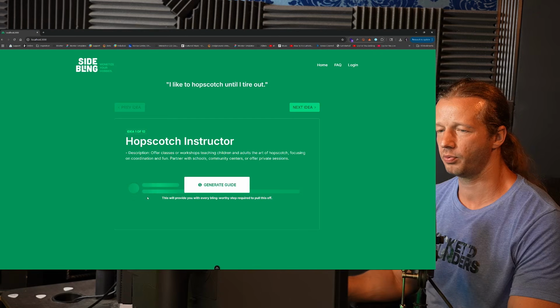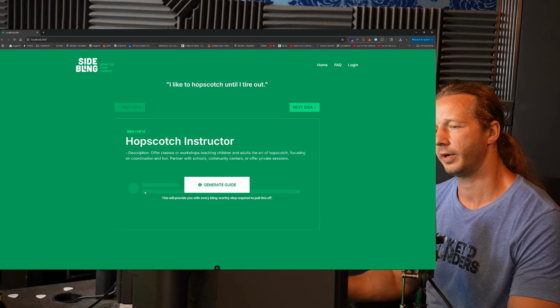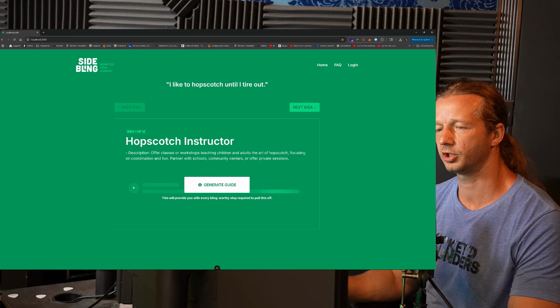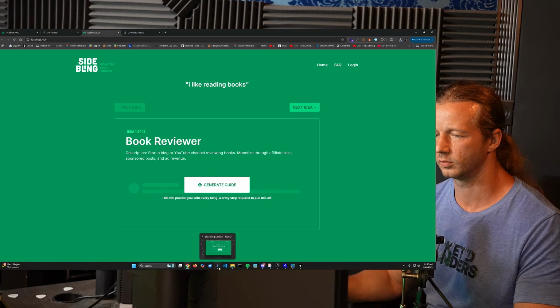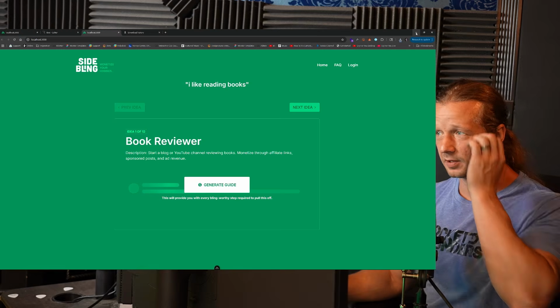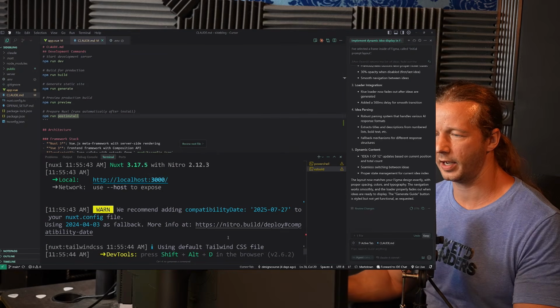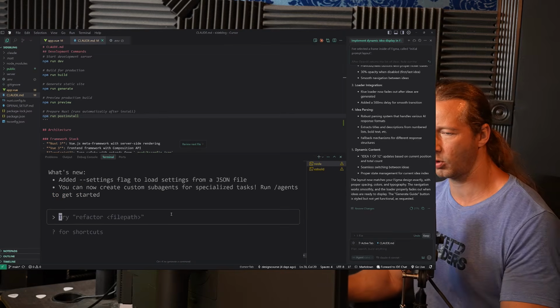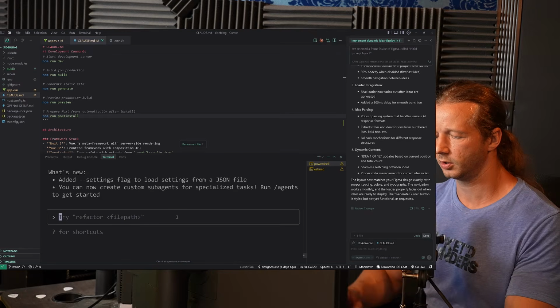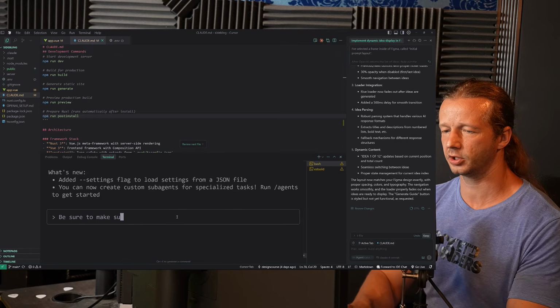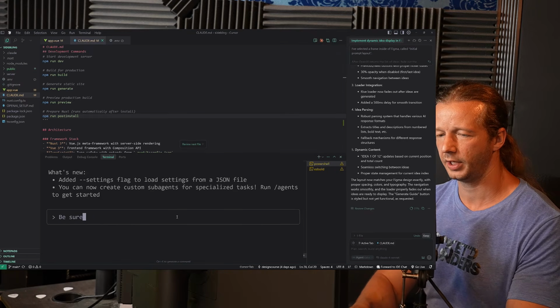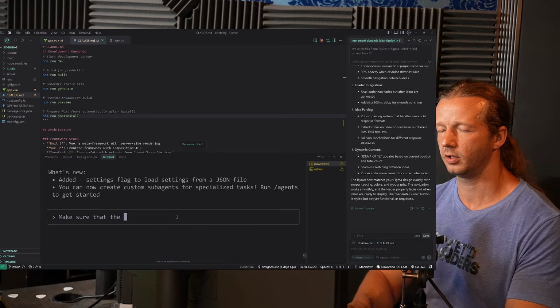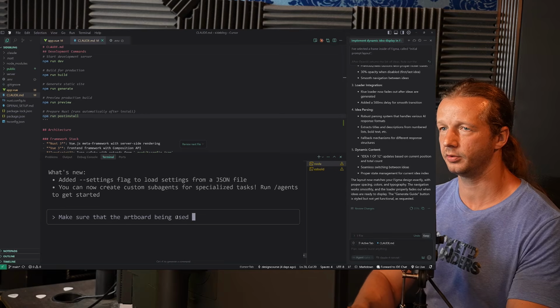Okay, it got pretty close. Oh, I know what the issue is. It selected the wrong artboard by default. So it's only showing the one that has in the background. All right, I think I'm going to have to mention in here, let's relaunch Claude. Tell it which artboard to use along with the name of the state machine. Make sure that the artboard being used for